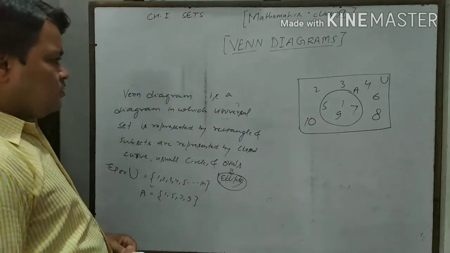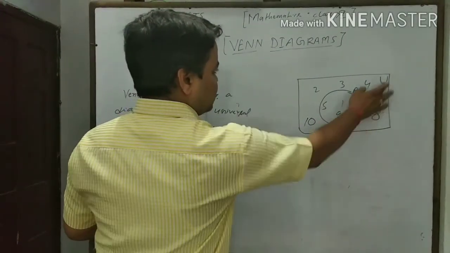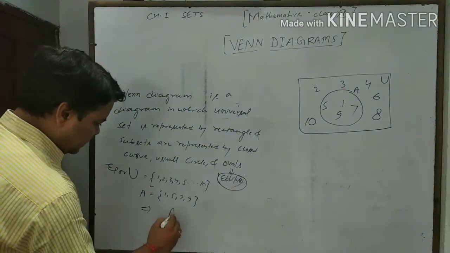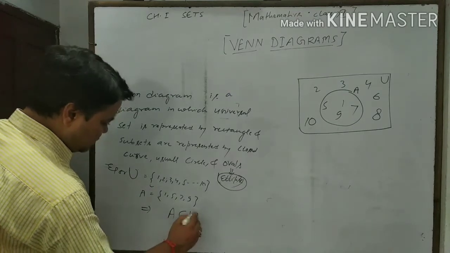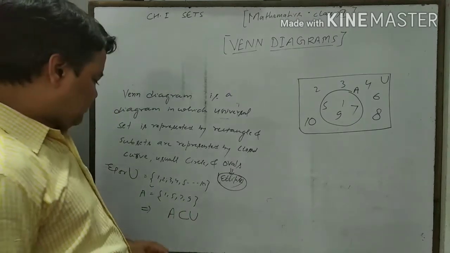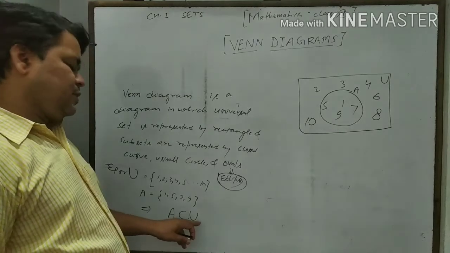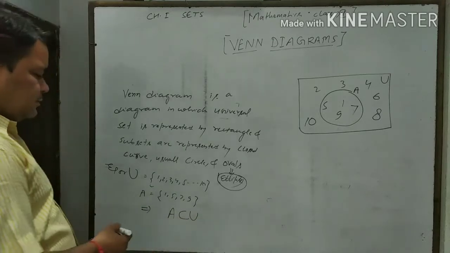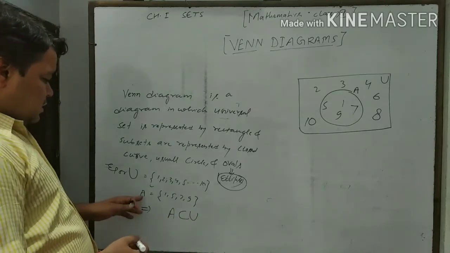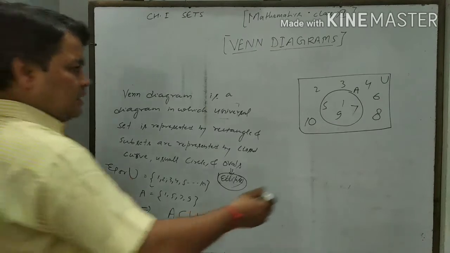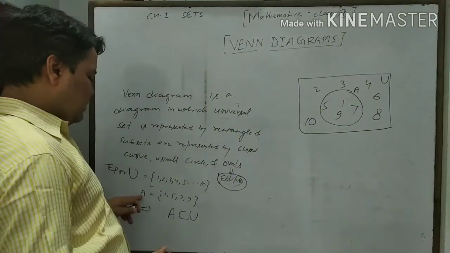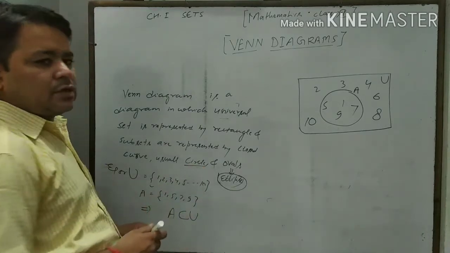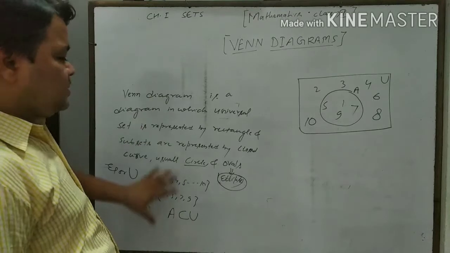Okay, now we see that set A is inside the universal set. Here it's simple. We can say that set A is a subset of this universal set, or we can say set A is a proper subset of it. With the universal set like that, A, which is a subset of the universal set, should be represented in the form of a circle. Now I think the definition is clear.